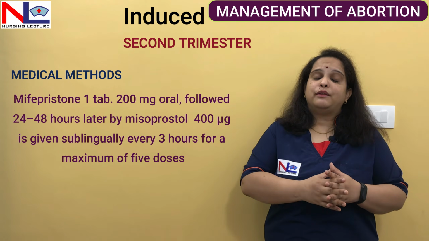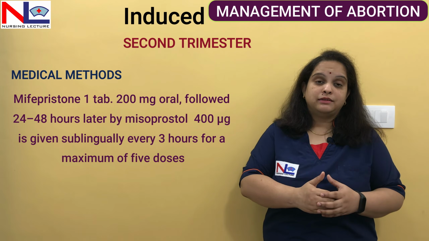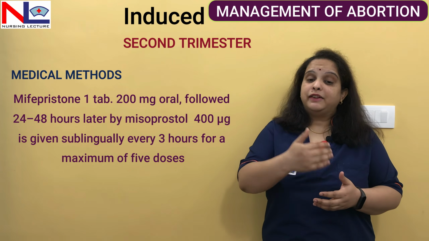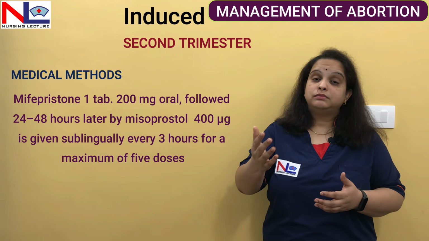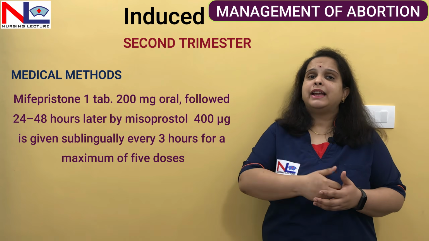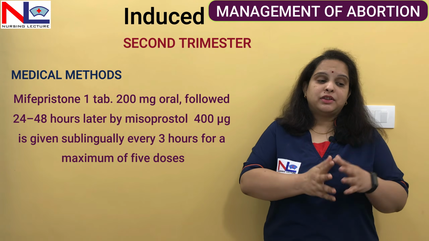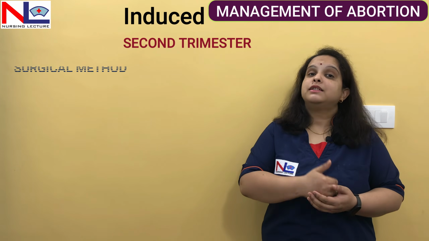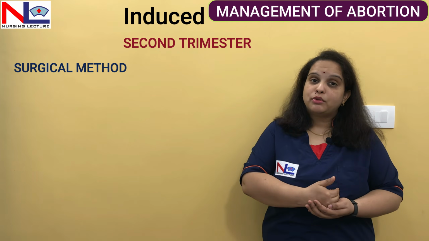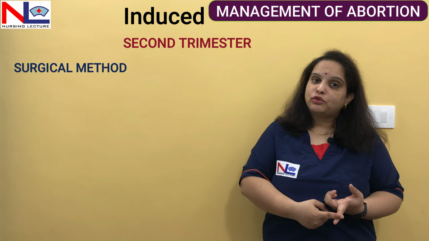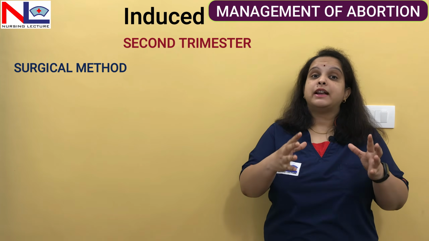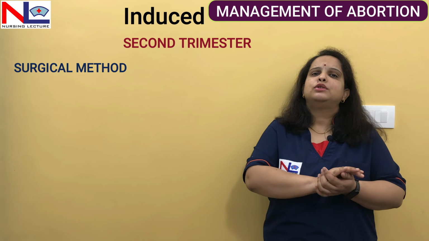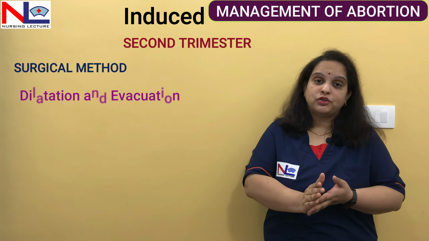Here we are increasing the doses of misoprostol as the size of the fetus is big in the second trimester. But if the week of gestation is more, suppose 18 or 19, then at these weeks of gestation medical management alone is not enough. So here we can surgically intervene in the abortion process. Suction and evacuation could be done, but as the fetal size is too big to deliver through this narrow suction tube, it is not enough. So we can use the dilatation and evacuation procedure.